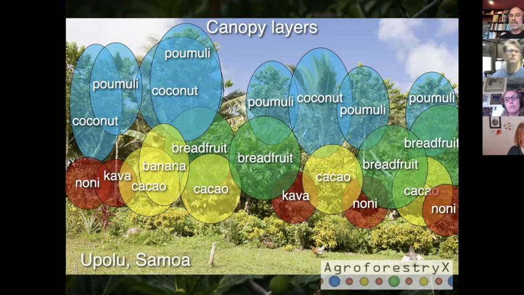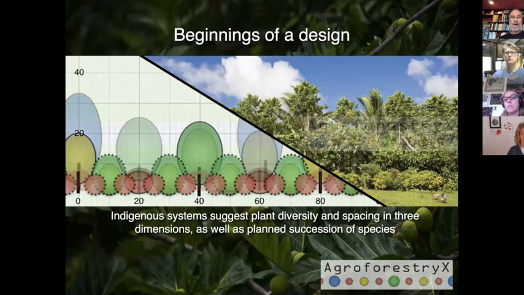One thing I neglected to mention earlier is that many of these species, including the breadfruit, are pruned in this system. Pruning is the way this layering or stratification is maintained, and that's very important. That's why we include that in the tool. So now we're getting somewhere. We have the beginnings of a design in terms of categorizing our species by the layers they occupy.